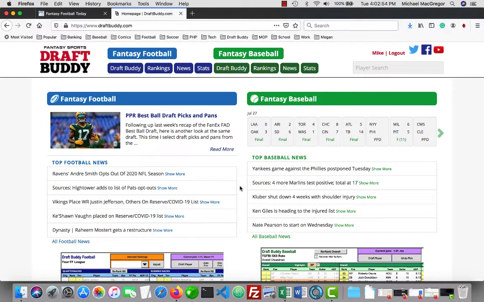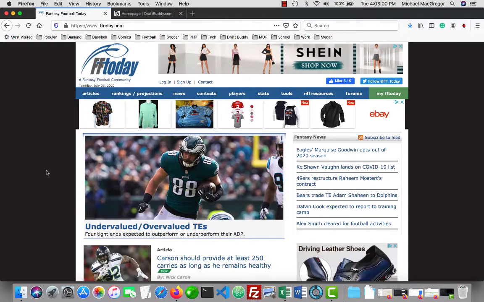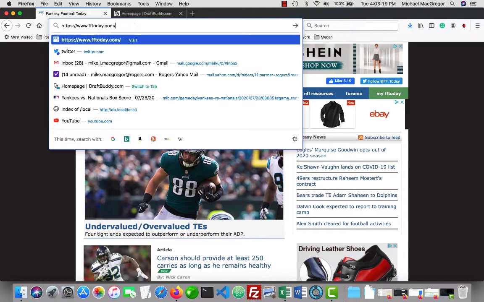Here is the Draft Buddy website, which is one spot you may have purchased Draft Buddy. The other is FF Today over here. So it's for sale, the same file at both websites, and you can download from either one, depending which one you purchase from. So FF Today, let's say you've gone through the purchase process, you have username, password to download the file. The location on FF Today is